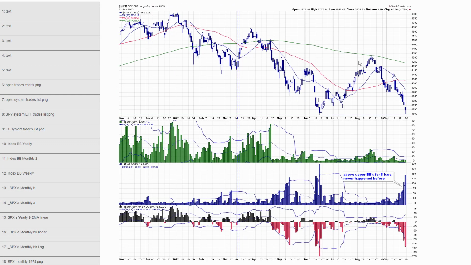Next. Chart 39, here's another chart that shows you that we're quite oversold. This is the S&P. And what you've got here is a couple of indicators: the percentage of new 52-week highs and new 52-week lows. So the new 52-week lows have now closed above their upper Bollinger Bands for 6 consecutive bars. By the way, that is the most I've ever seen. So that's due to reset a little bit.